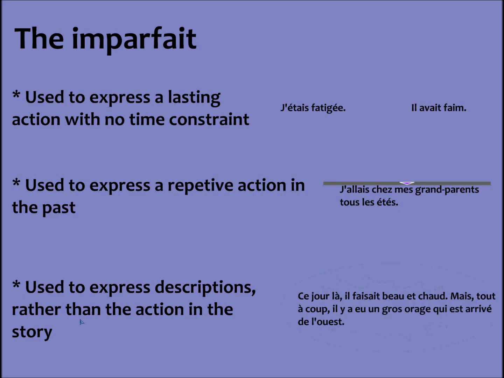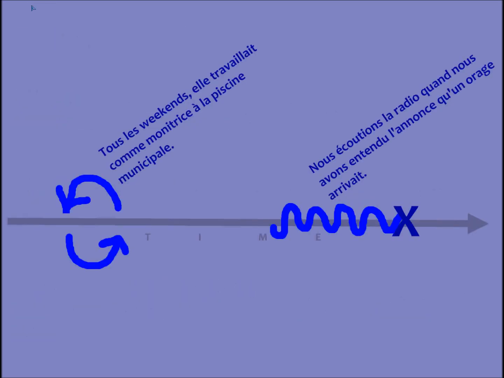So again, back to that story. Ce jour-là, il faisait beau et chaud. We're doing the description of the background before the action takes place. Mais tout à coup, il y a eu un gros orage qui est arrivé de l'ouest. All right, so just again notice the difference between those two. If you could view them, the two different uses of the imparfait on the time-space continuum,